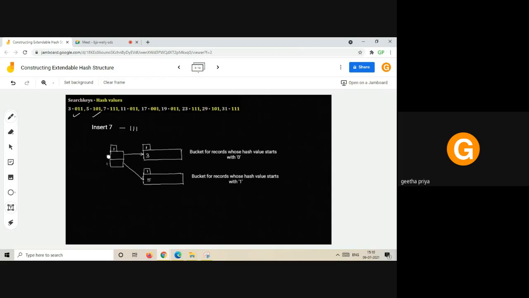So the index position 0 of this directory will be mapped to the bucket which contains records whose hash value is starting with a 0. Similarly, this directory entry is made to point to the bucket of records whose hash value is starting with a 1. Now 7,